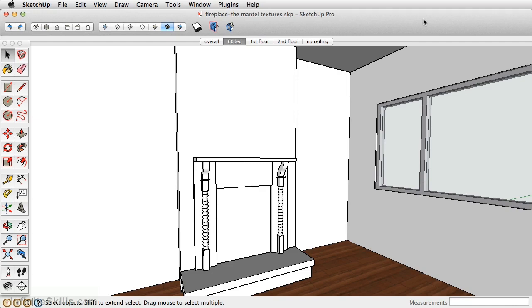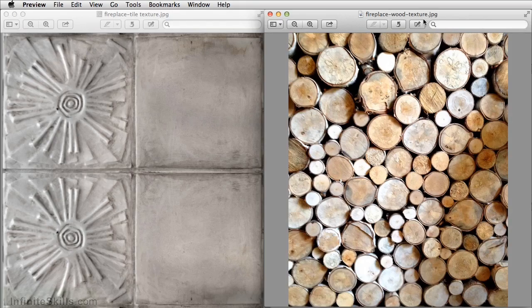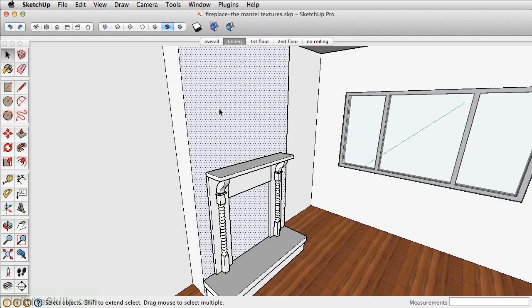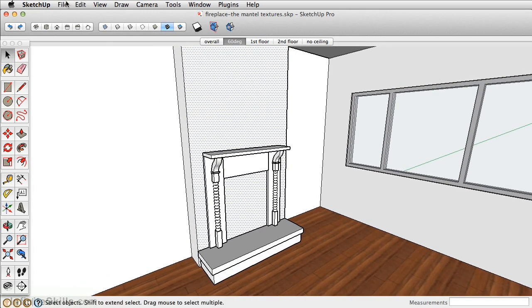In this video, let's apply some textures to bring this fireplace to life. Let's take a look at 2 images that we have in our folder. One is the tile texture that repeats on the wall, and the other is of the branches that actually close in the fireplace itself. Take the select tool, make sure we can select this face, and go to File, Import,